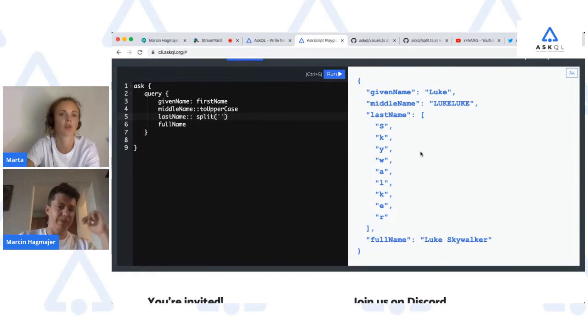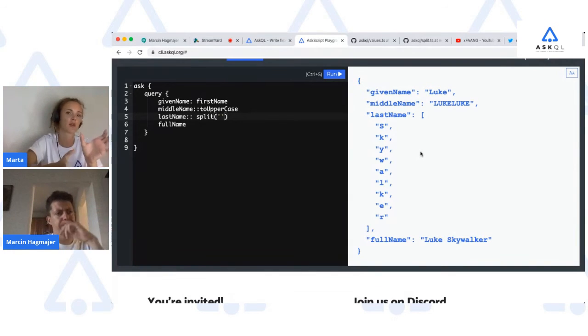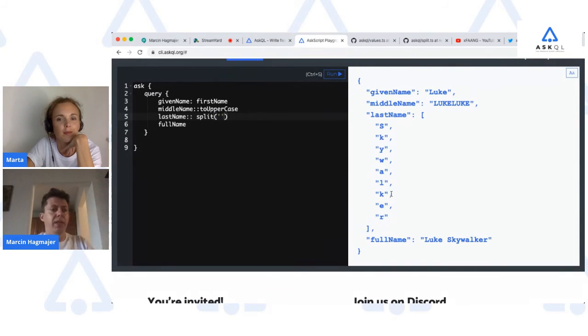I thought it would just split the word in half. Yeah, I mean, split is more commonly used if you have a comma separated list of things, like item, comma, second item, comma, third item, and you want to split those into separate things, then split really comes in handy.